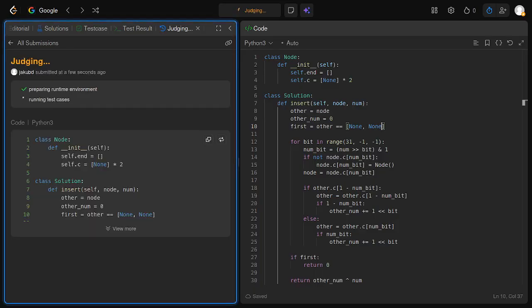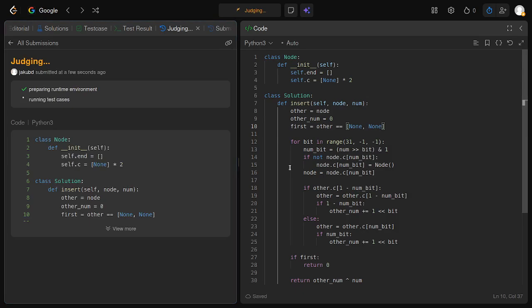Okay, that actually works for some reason. We'll see if it passes. Might get TLE because